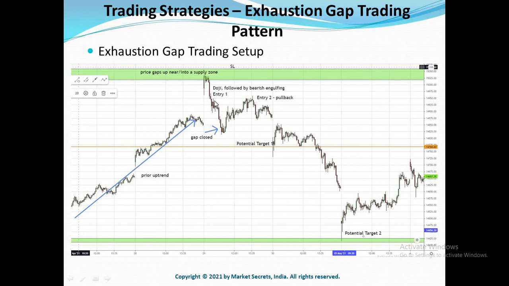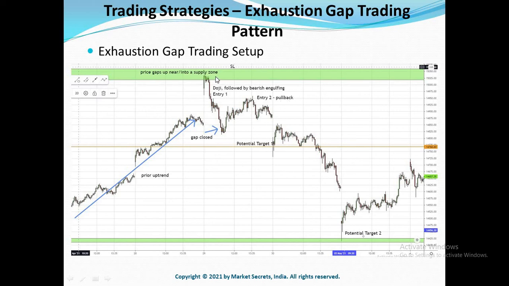And when it comes to the entry, target and stop loss, you can enter the trade once the price forms a reversal candlestick pattern near the supply zone. If you look here, the price formed a reversal candlestick pattern here. So you can take an entry here. But if you are a new trader, you can wait for the price to break below the previous day's closing price and let it pull back to the upside to give a pullback entry. If you are an experienced trader, you can directly take the trade here. Or if you are a new trader, you can wait for the price to drop and then come back to the previous level again, and you can take the pullback entry here.